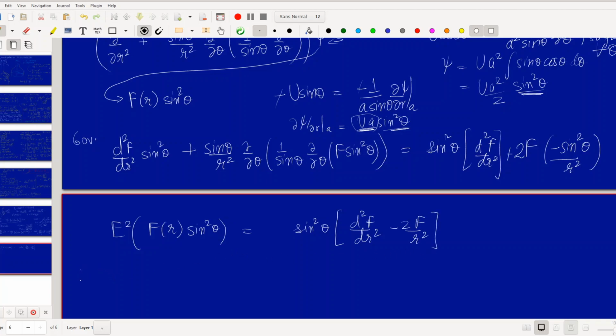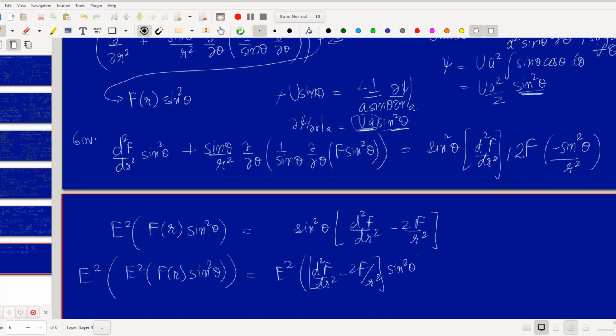So similarly, E2 operator acting on E2 of F(r) sin square theta is the same as writing E2 acting on d2F/dr2 minus 2F by r square times sin square theta, and by the same sort of mathematical induction logic, this will be equal to